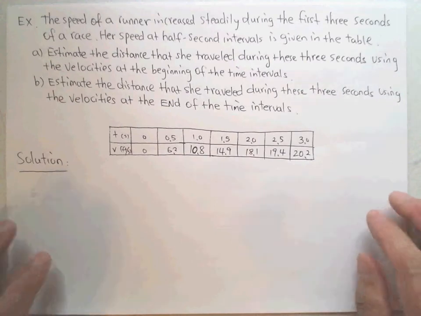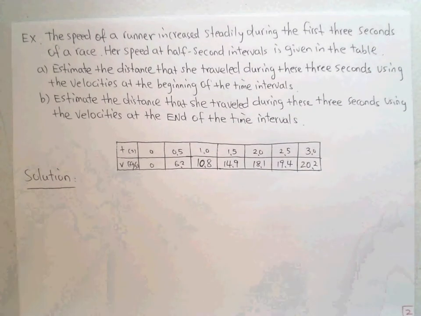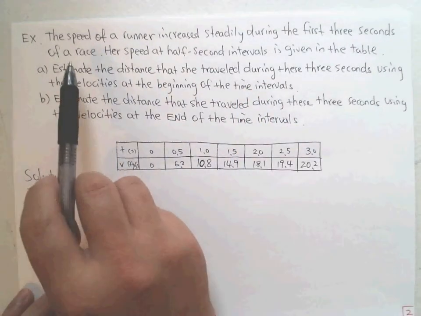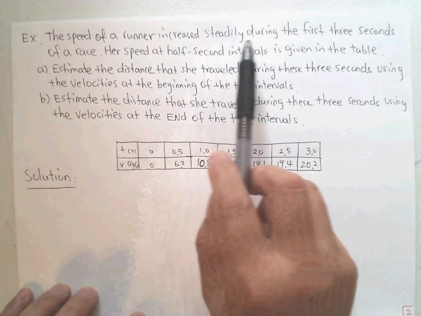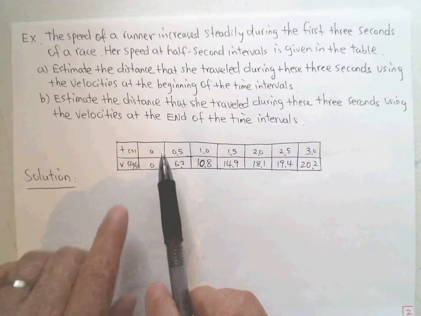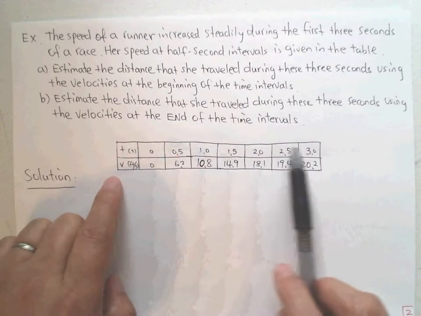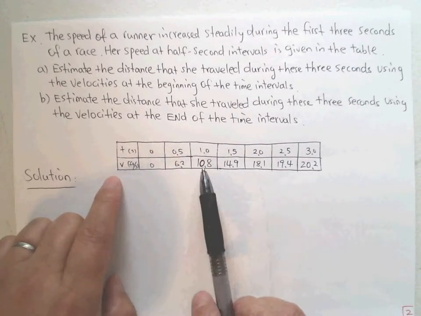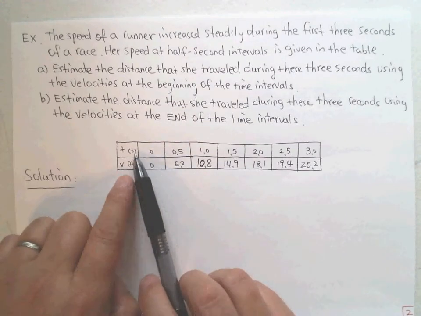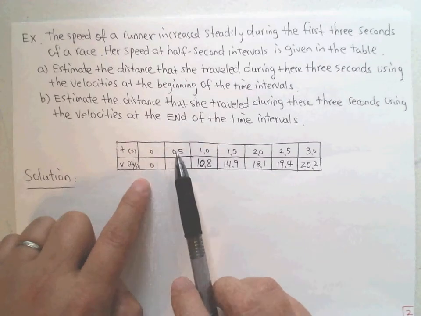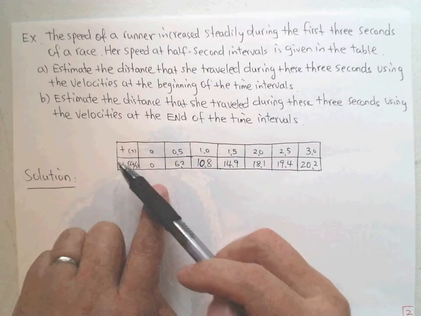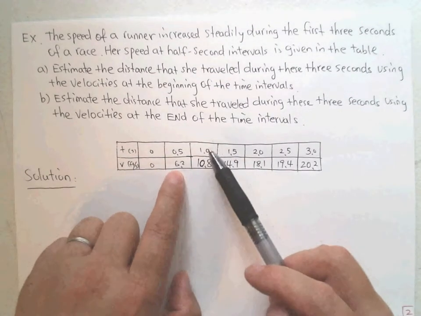And I have one example for you to do. Here's the example. If we know the speed of a runner increases steadily during the first 3 seconds, and the speed is here. We look at it. T, the first row, is the time point. The second row is the velocity, the speed that we found. At the beginning the time is 0, and 0.5 seconds later, the velocity goes to 6.2 feet per second, and